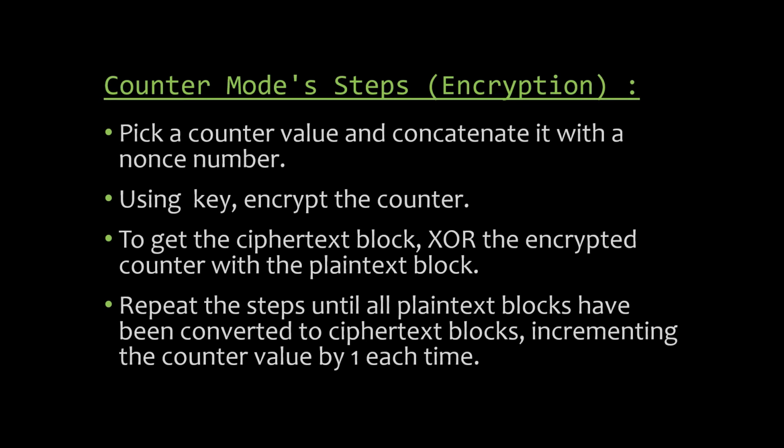This nonce value is any random natural number. Then we can encrypt the counter using the key implementing ICE encryption. The encrypted counter is then XORed with the plaintext block to get the ciphertext block. For every iteration of encryption until the whole plaintext is converted to ciphertext, the counter value is incremented by 1